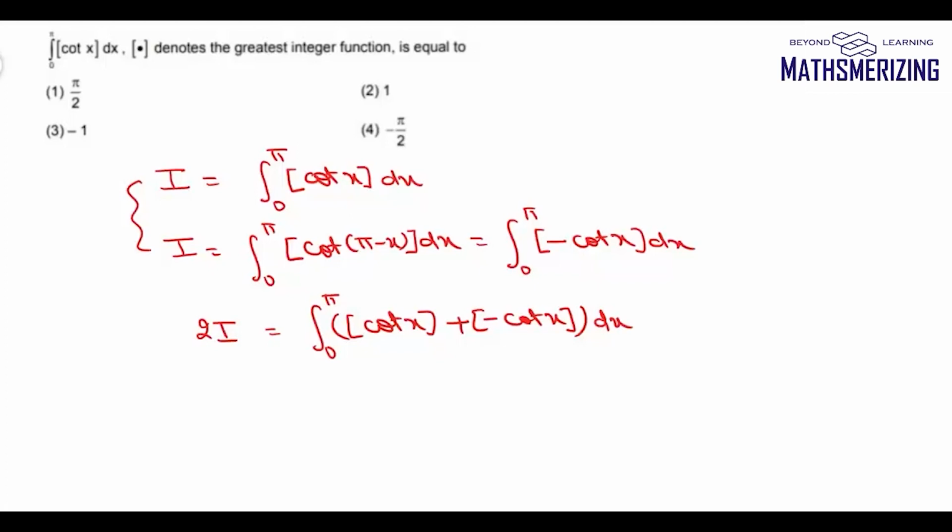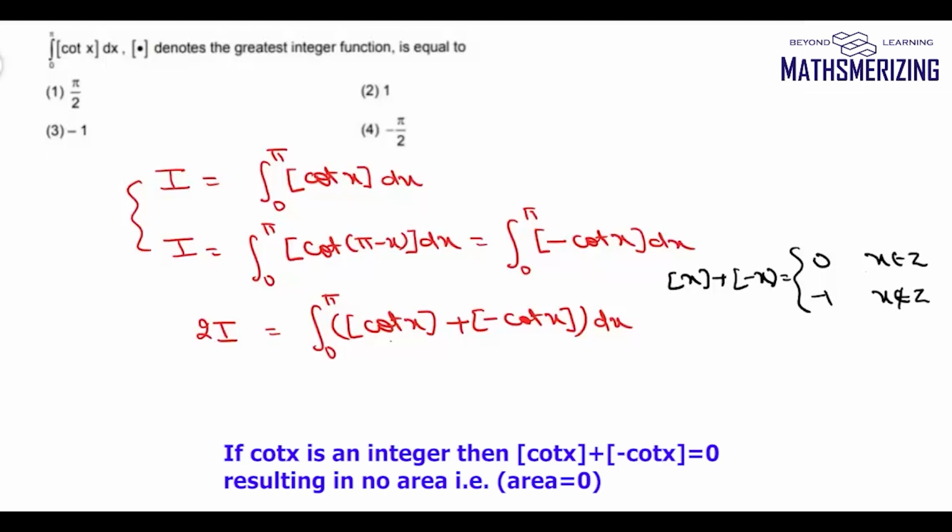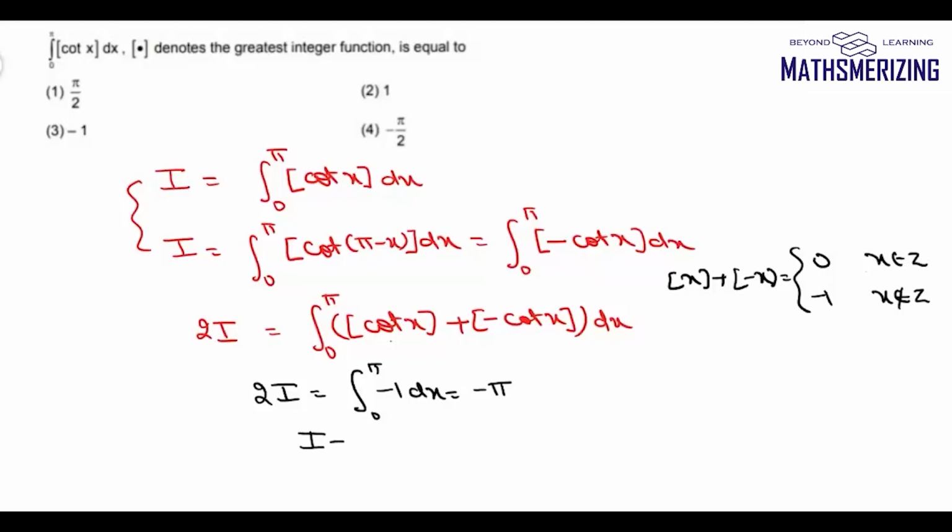Now we know that the greatest integer function of x plus the greatest integer function of minus x is 0 when x is an integer, and this is -1 when x is not an integer. So if cot x is not an integer, then I can write 2I equals integral from 0 to pi of -1 dx. So there will be minus pi. So in this case, the answer to this question will be